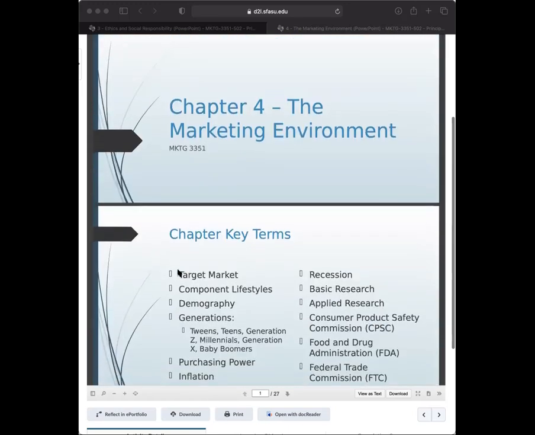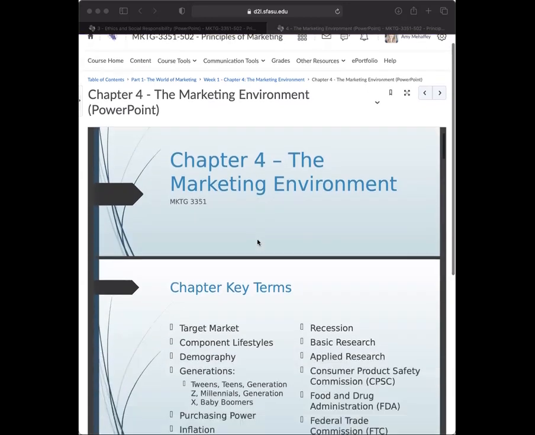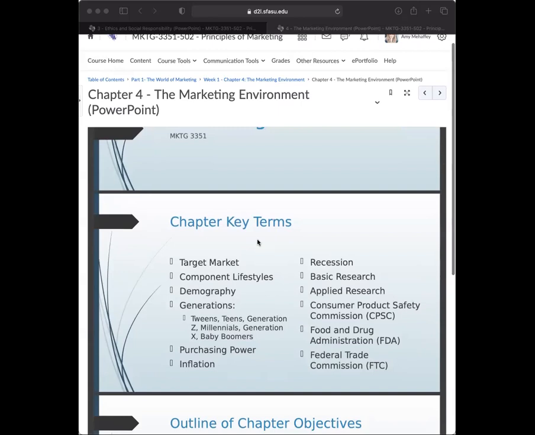So this environment that we talk about, if you think about the word environment and what it means, is all of these things kind of coexisting together. I hope that this helps tie together what you're going to read in your text and what you'll learn about in your quiz to the marketing plan and the SWOT analysis.